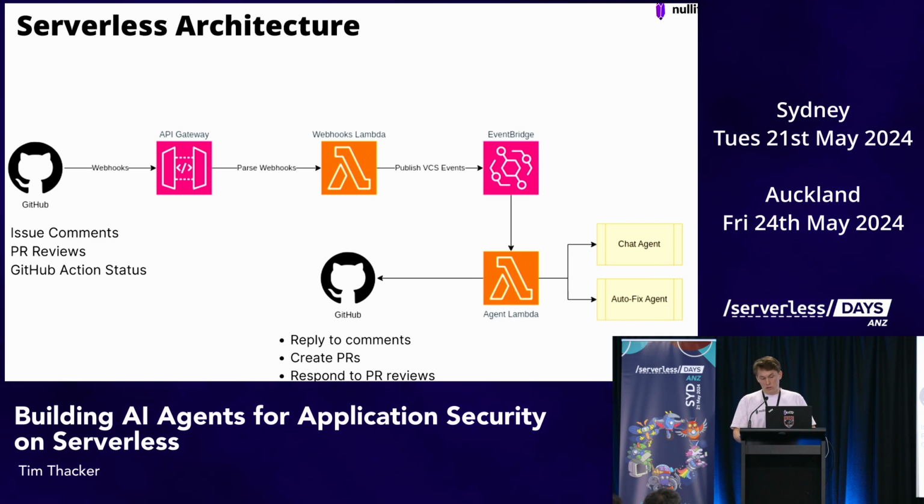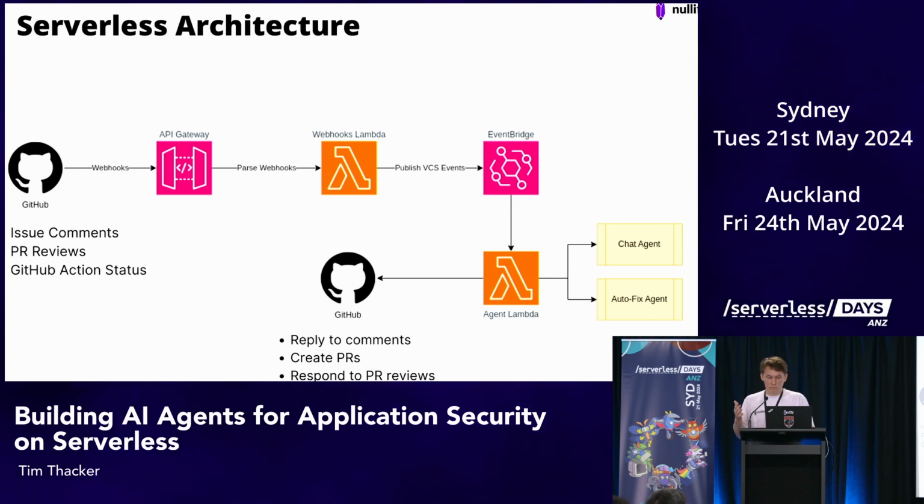So we have a version of this agent in our product, and it's built on AWS Serverless. And obviously our architecture is way too elaborate to fit on one slide and still be understandable, so I've just made a real simple one. We receive the GitHub webhooks for the issue comments that trigger the agent, PR reviews, and the GitHub action statuses. We receive webhooks for that into API Gateway, which calls a webhooks Lambda, which can convert the GitHub webhook into a more standardized form,